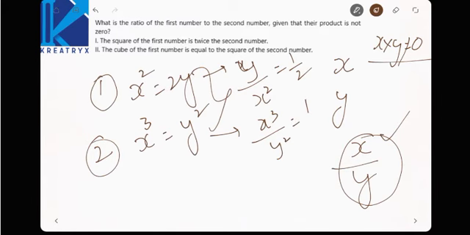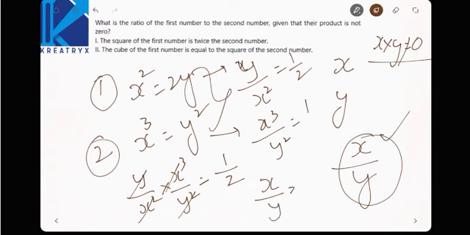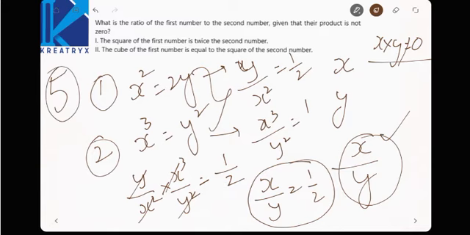Can we write it as, right? Now observe here, multiply these two equations: y by x square into x cube by y square is equal to nothing but 1 by 2 by 1, which is 1 by 2. So x gets cancelled, y square y gets cancelled, the remaining thing will be x by y, that is equal to 1 by 2. By combining both equations, we are getting the answer. So option must be 5, right? Observe the options keenly and answer the questions.